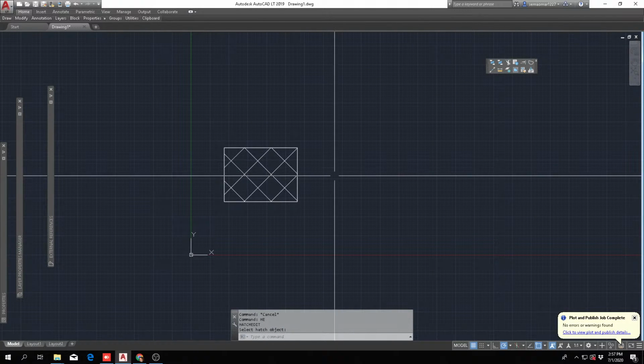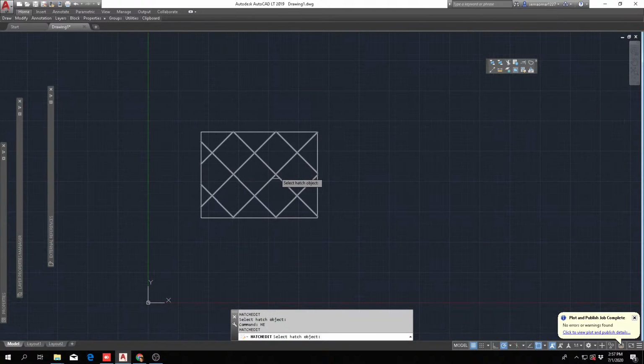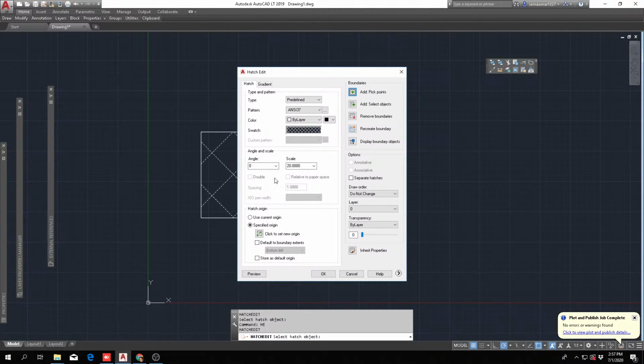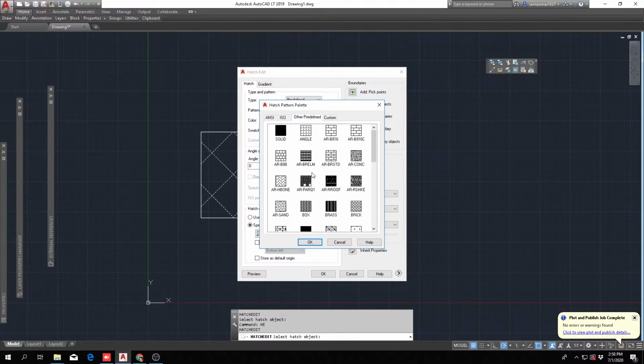All right, so let's go back to hatch edit, HE, enter. You select it, and let's go back to the patterns and change that to something else. Let's check the other tab so you know what's there. So let's go to ISO. It's just another type of hatch. Other, and let's say